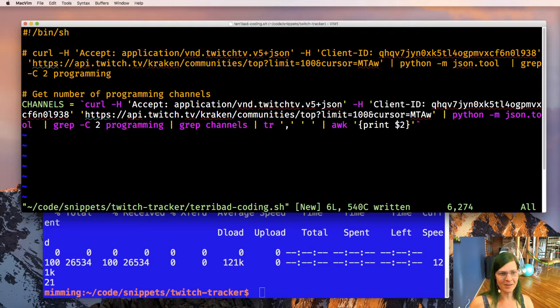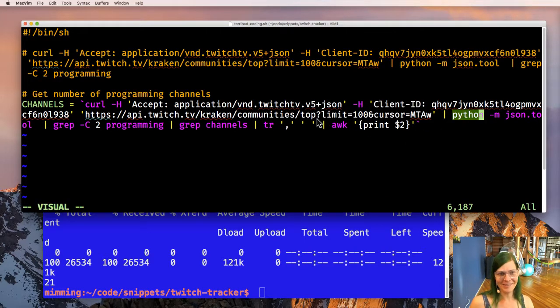Okay, so this is going to run this command with interesting dependencies on this module, which is probably part of the core JSON. It's running Python when not even specifying a number. I'm assuming that it's on page 2 between 100 and 1. I'm assuming the cursor is still alive, which it seems to be, evergreen. Then I'm assuming the order of the JSON coming down is the same order. And then the format of the line, as it comes out of this JSON tool from Python, is still the same, so it'll end up in the second column. Seems like a fair number of assumptions for a quick and dirty version.